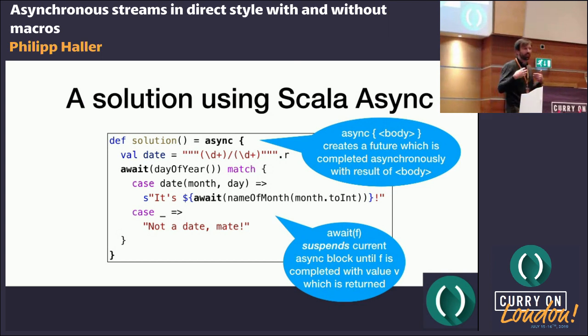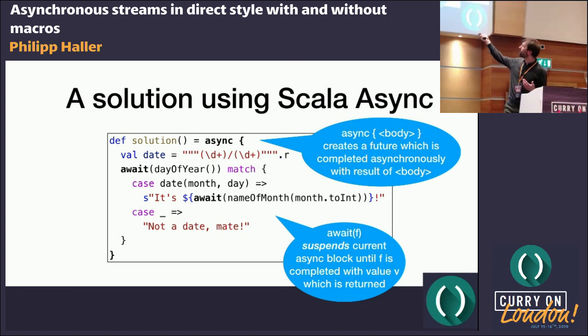So it's actually a very concurrency-friendly operation, this await. And so we can just call await, and the next piece of code we can just continue writing as if we already had our result, right? We take the result of await and just match on it, etc.